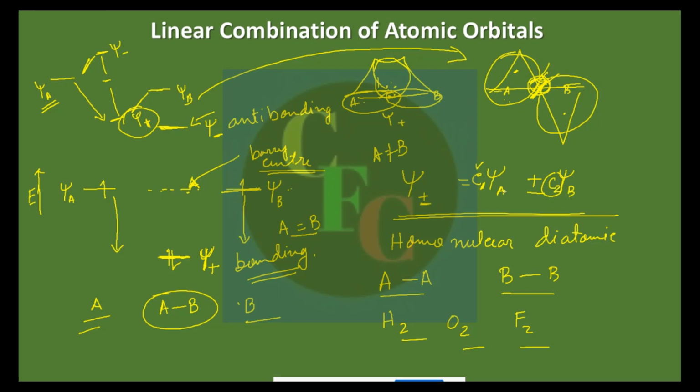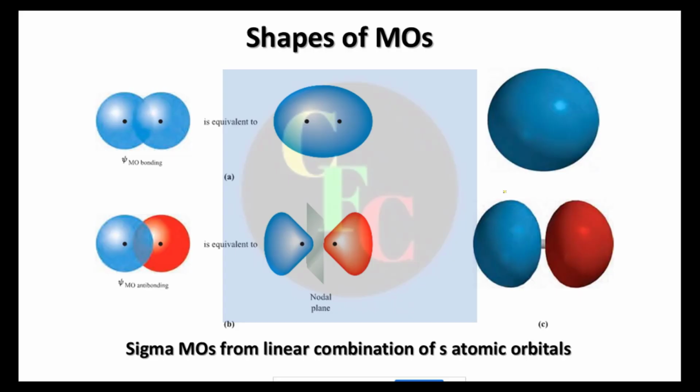Okay, now let us go with that knowledge to the discussion of the shapes of these MOs, molecular orbitals, right? I just changed the color of my pen. Okay, the shapes of molecular orbitals. See, what I have drawn here, or sorry, I have not drawn it. I have taken these pictures from Housecroft Inorganic Chemistry by Housecroft and Sharp, I think the third edition, right? I will give you the study materials also.